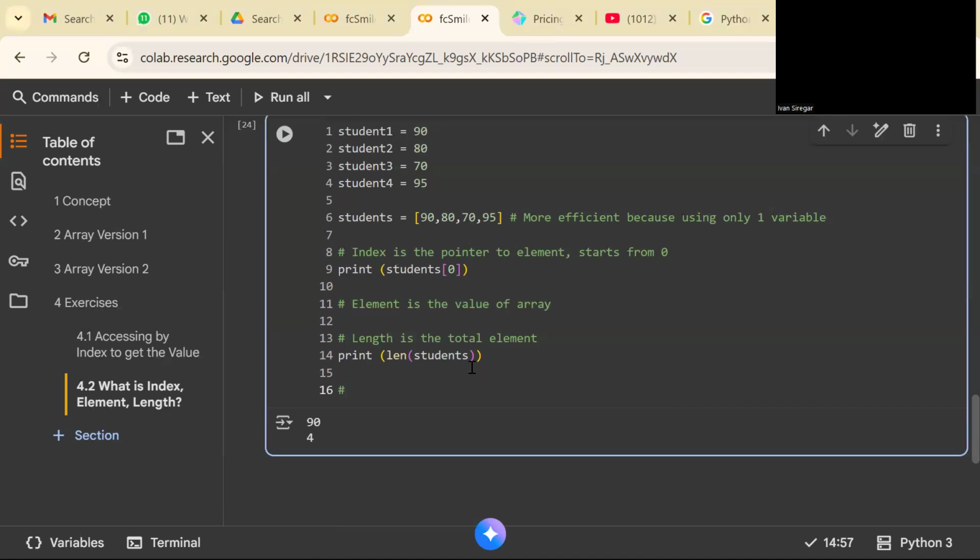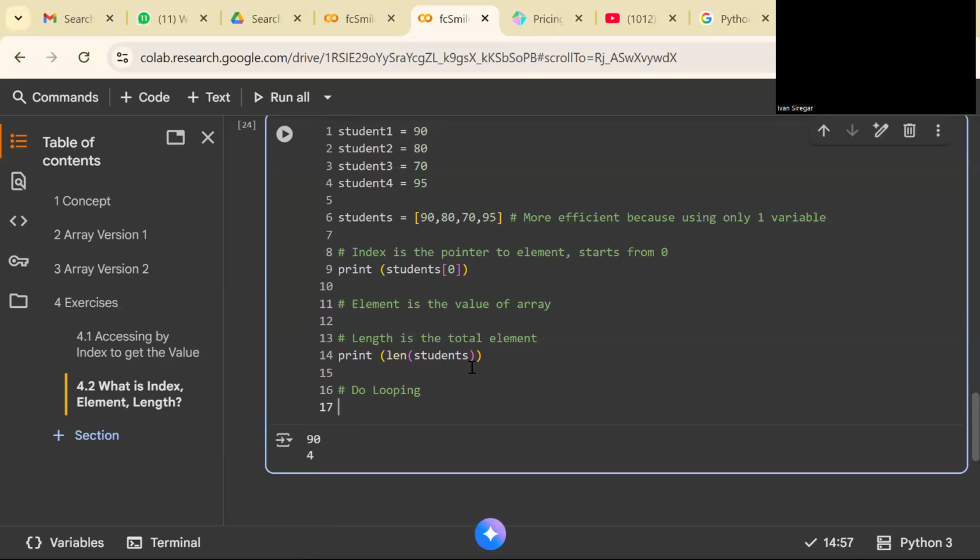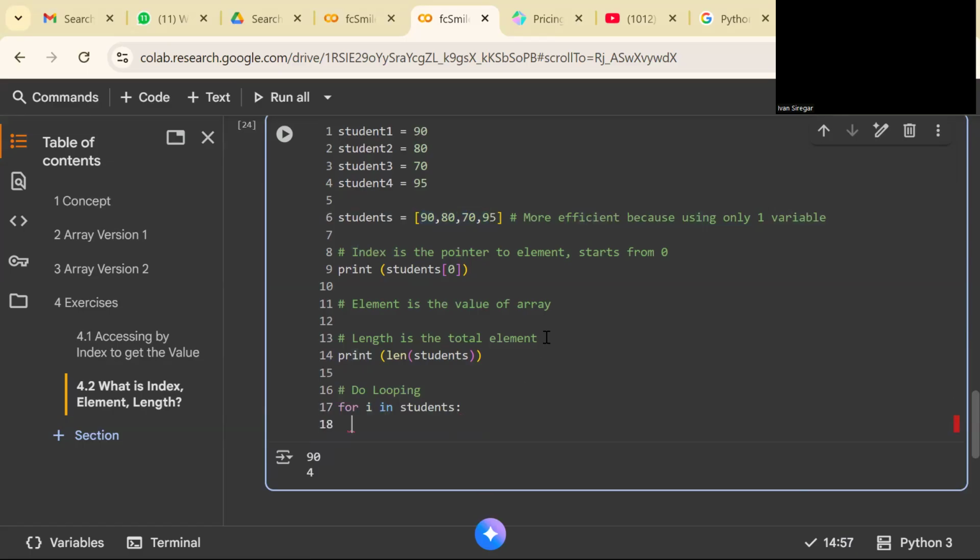Okay, let's say we do looping. So for i in students, so the students will be taken as i. So we have 90, 70 up to 95. Okay.